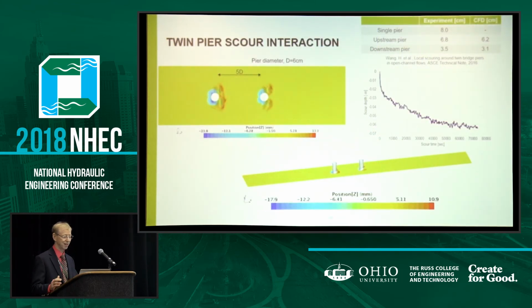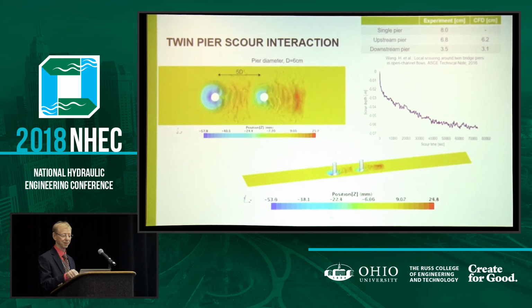And this is the last one I have. You can do interaction between different obstructions in the flow, and you can find out how they influence each other. So we found a paper that did a whole bunch of tests with two piers, one behind the other, with different distances. This is just showing a 5D separation. It's close enough so that the sediment picked up out of the first one is dumped into the second one. So up in the upper right here, you can see